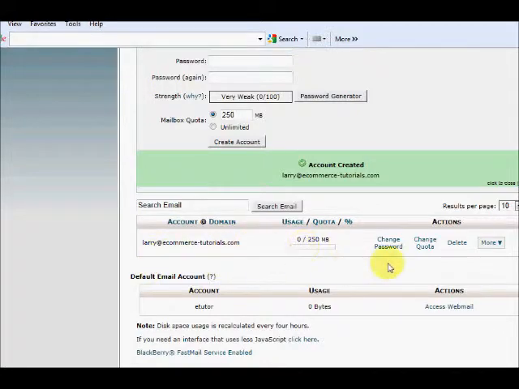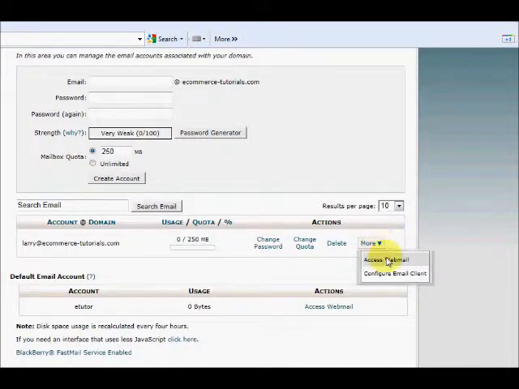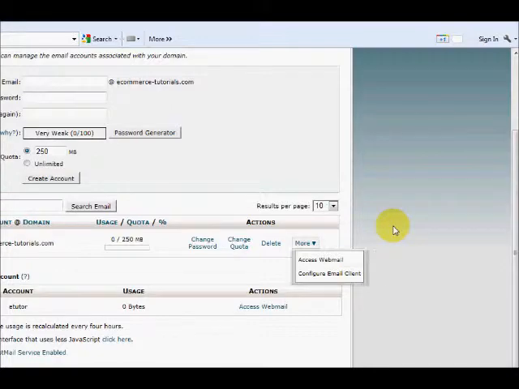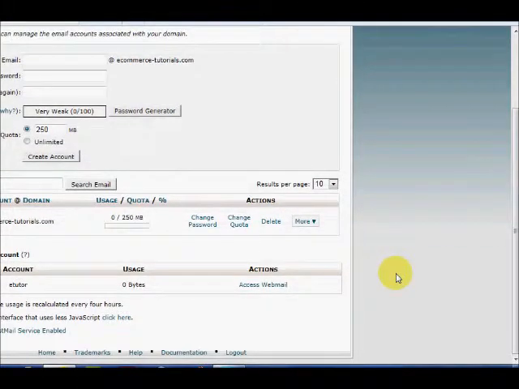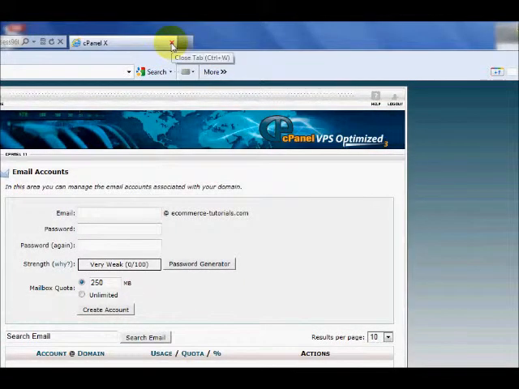Now down here, I can actually change my password, change the quota, delete this account, access webmail, or configure my email client. I'm going to go ahead and configure the email client by hand so that you can see how this is done. So for now, we'll go ahead and we'll log out of cPanel,